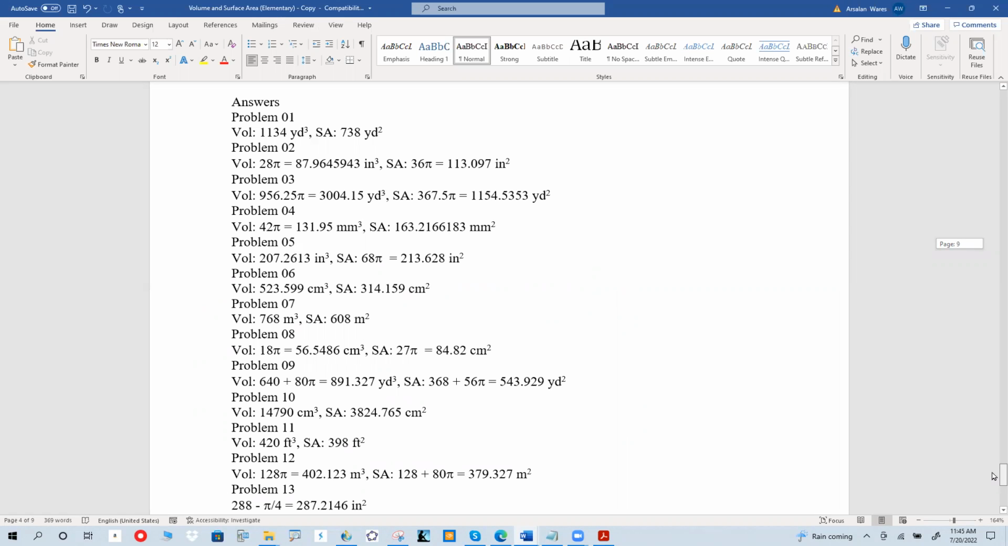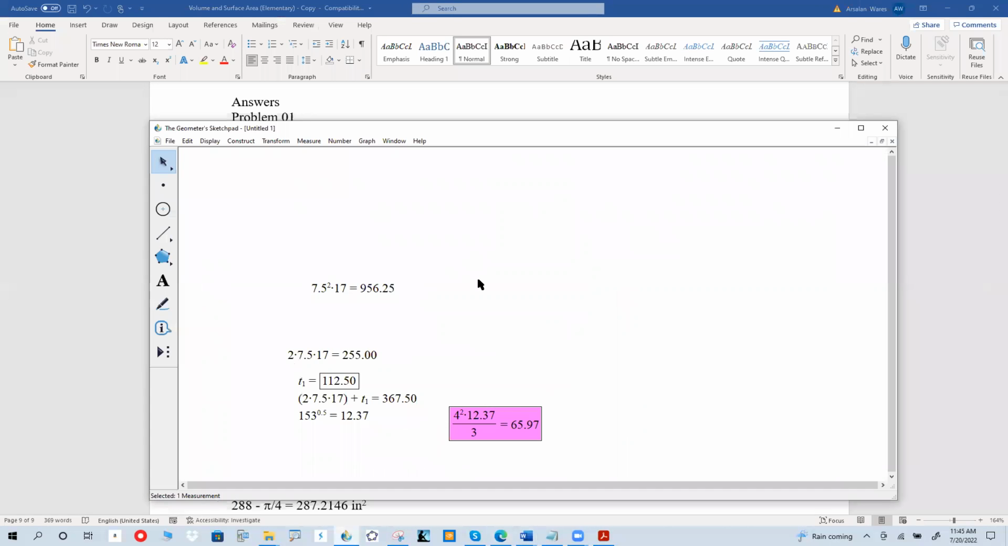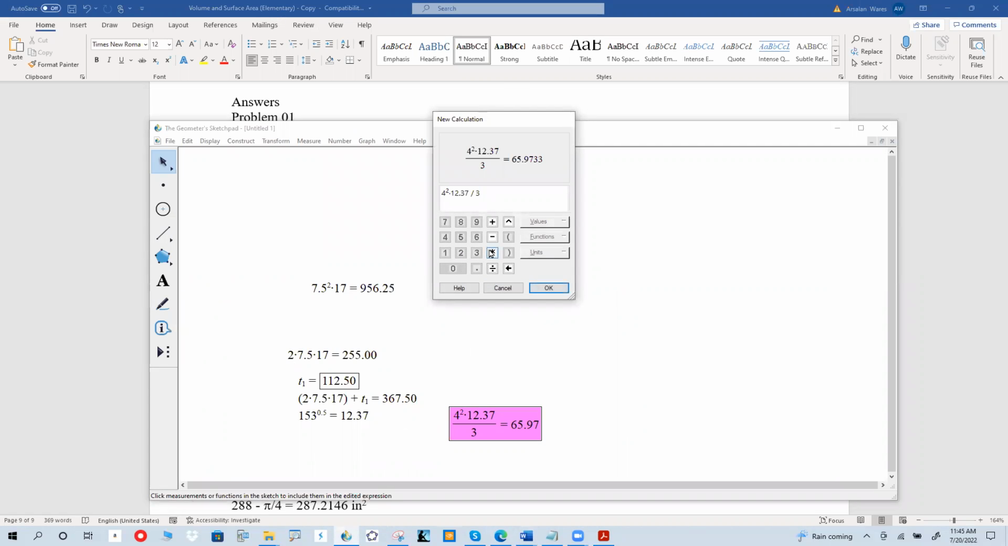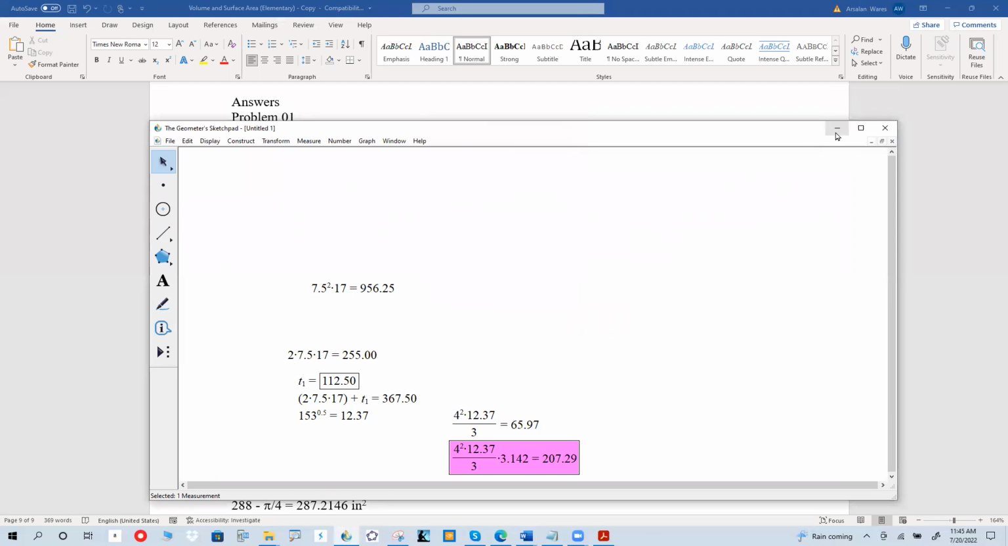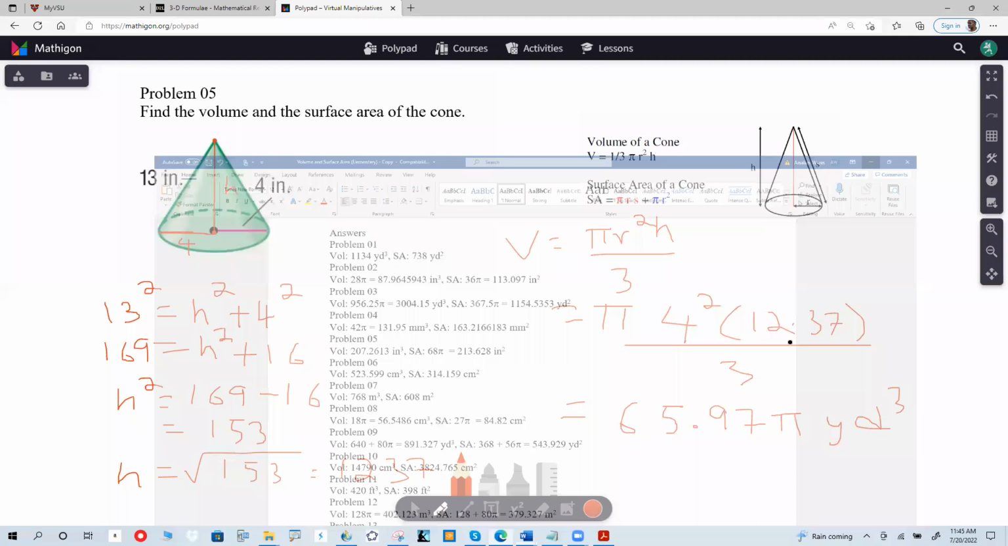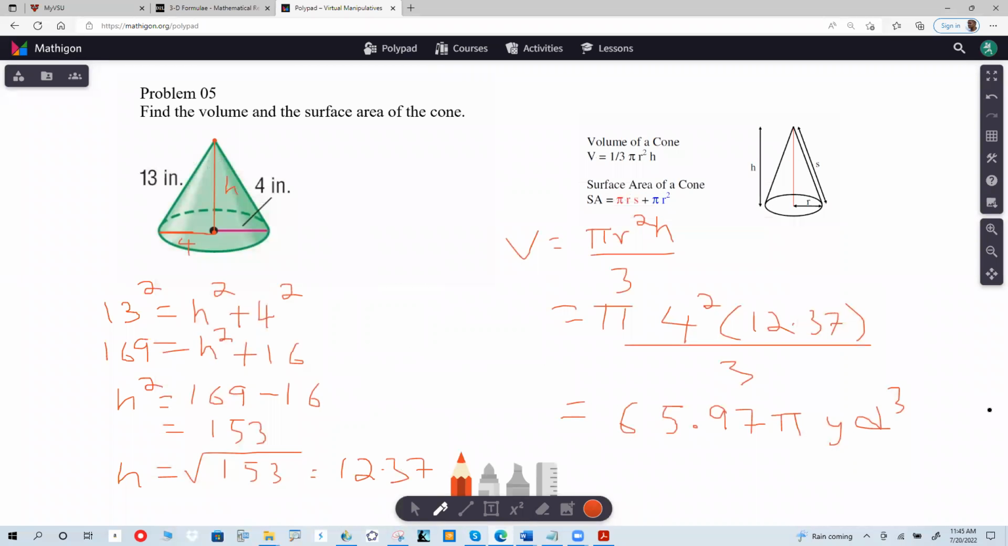Now, the answer says 207. Don't worry yet. This number times pi is hopefully 207. And pi is about 3.142. Yeah, 207. So we got it right. Okay, just to make you feel good. So here it is. Now I will need the room at the bottom to calculate the